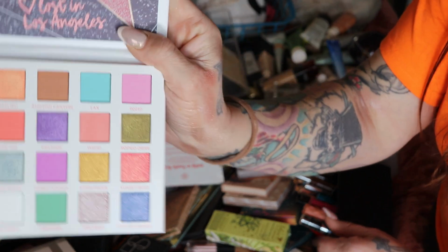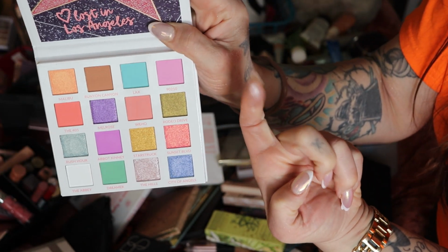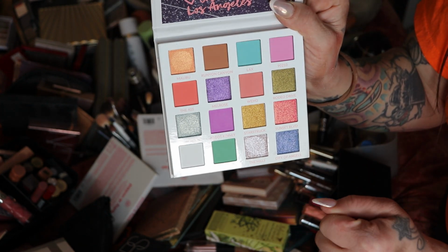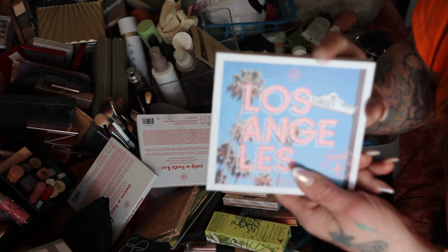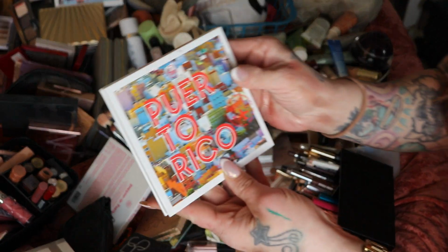bright shimmer shade. Can you see that pink shade right here? I hope you can see that because it's amazing. Can you see it on my finger? That's beautiful. You know what? All right, I'm gonna keep it because it's some fun pastels I don't have in other palettes. It's a good formula and barely used. I am gonna keep the Los Angeles, and the other one I'm gonna keep is, of course, the Puerto Rico